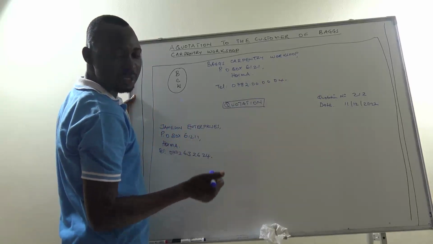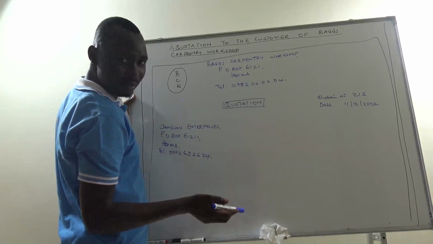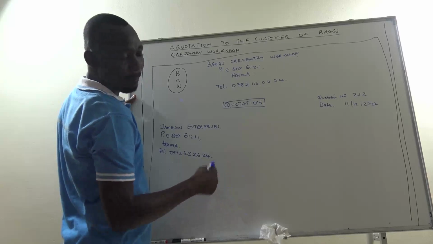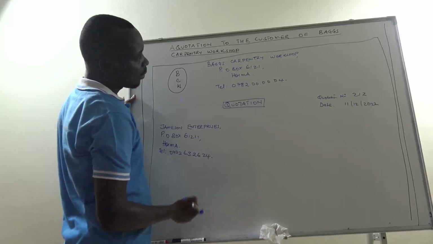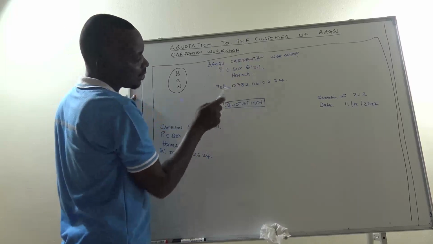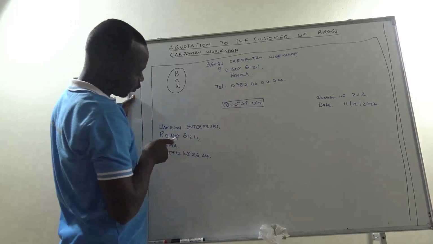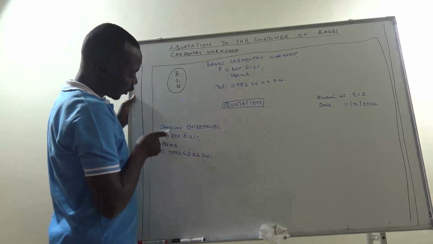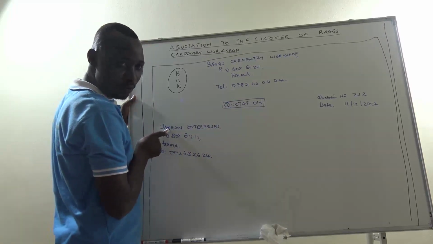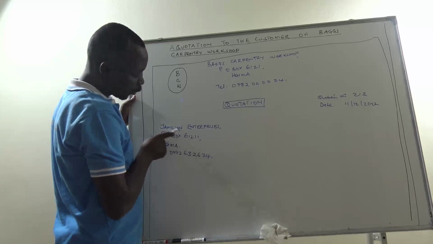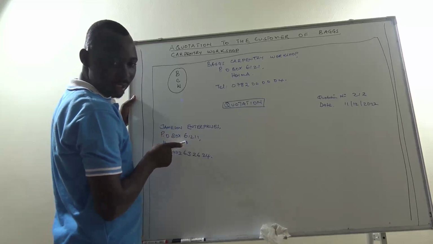How can we best apply this? How can we best pass an examination? Because we are assuming this is our business with this address. We are writing it to Jameson Enterprises. Don't cram Jameson, because you are not going to use him. But what is important here is